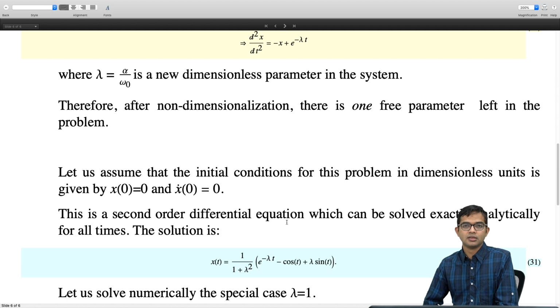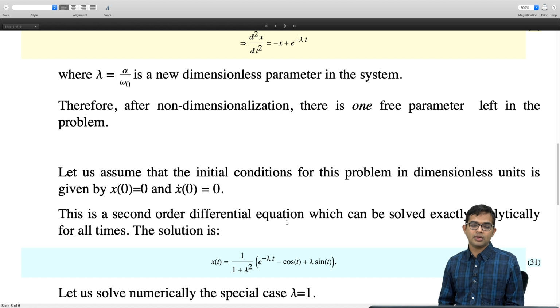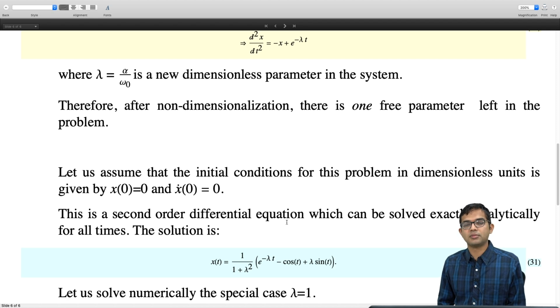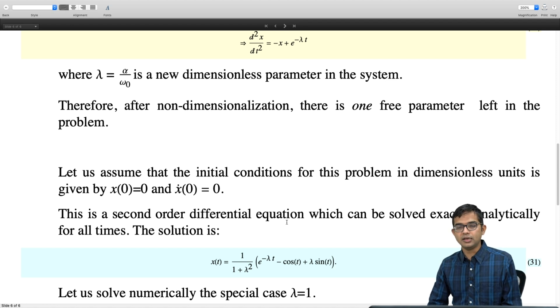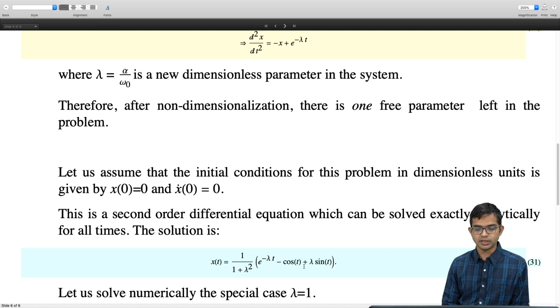You would expect that the solution will be a linear combination of cosine of t and sine of t, and then because there is e to the minus lambda t sitting on the right hand side, the theory tells us that we must try out for a particular solution something which involves e to the minus lambda t times some constant. So you can take care of all the details and work out. There is a very systematic way. It's not magic that I'm able to write down the solution. There is a very well known and well delineated systematic approach for doing this. If you do it, then you can show that x of t is given by this expression.